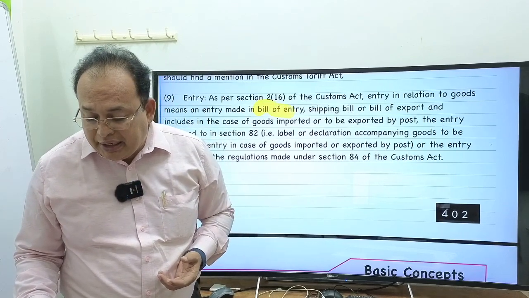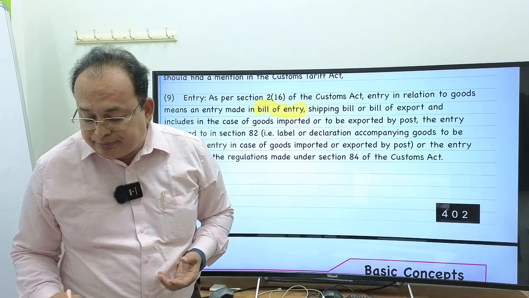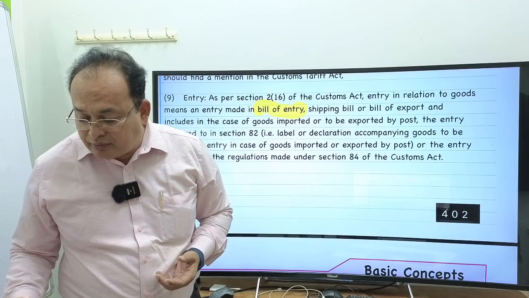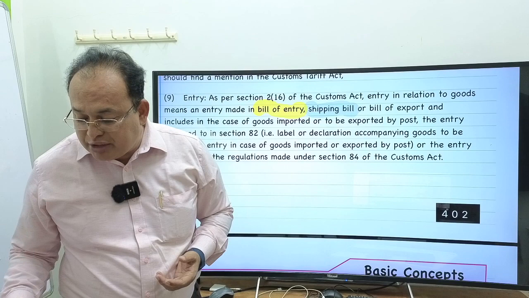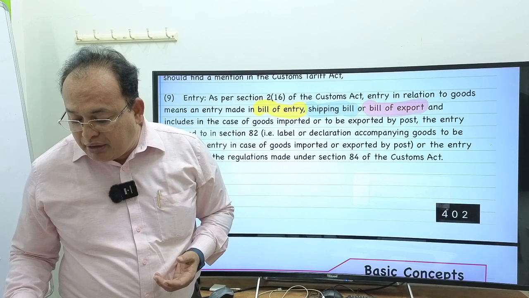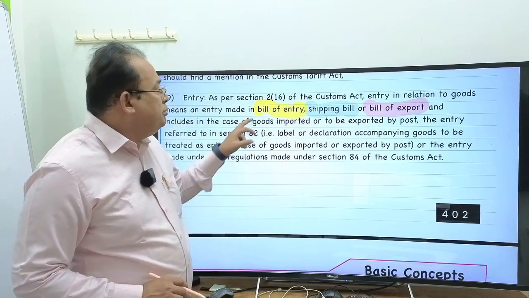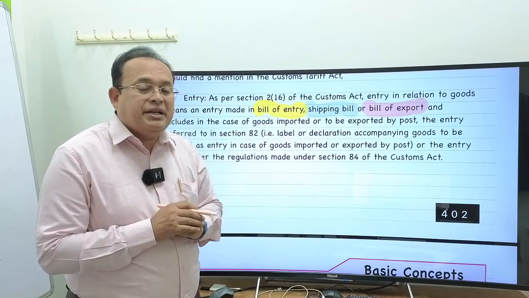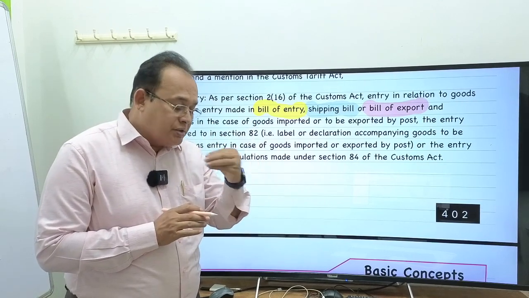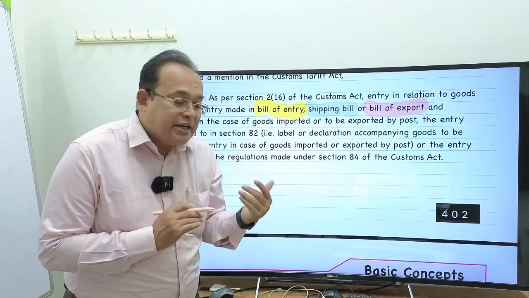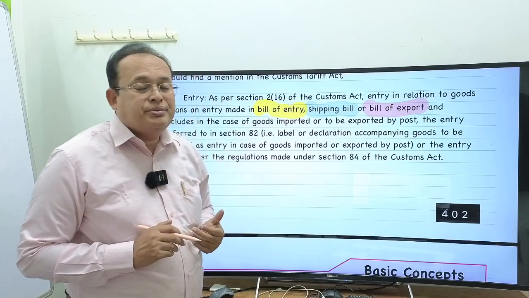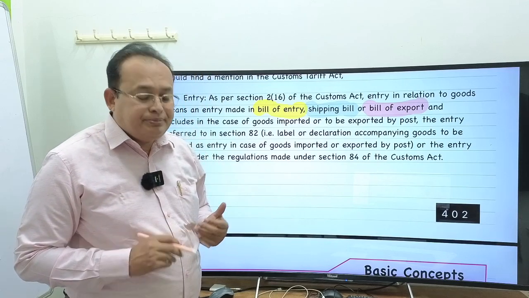Bill of entry means what? I will explain to you. Further, shipping bill means what? I will explain to you. And bill of export. Bill of entry is a document of title. In case of import of goods, the importer should submit the bill of entry to clear the goods. From where? From